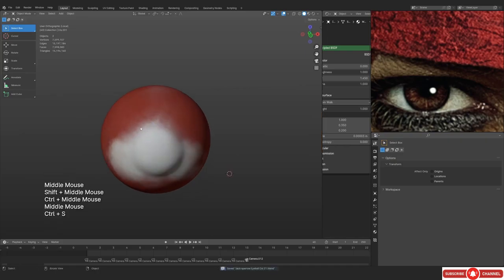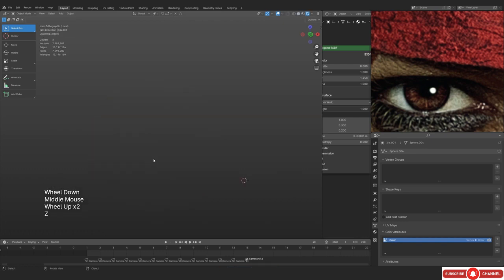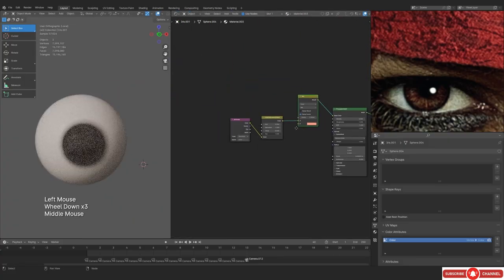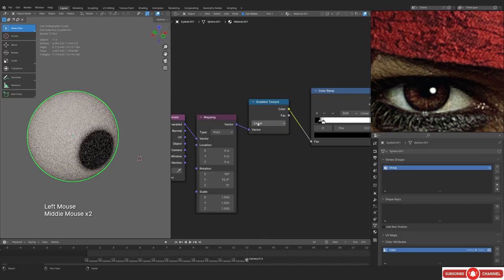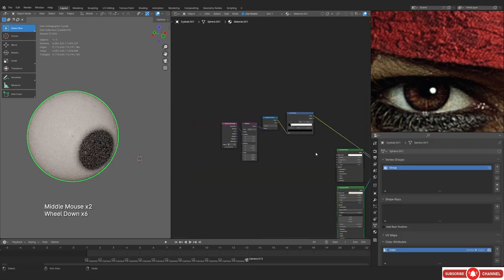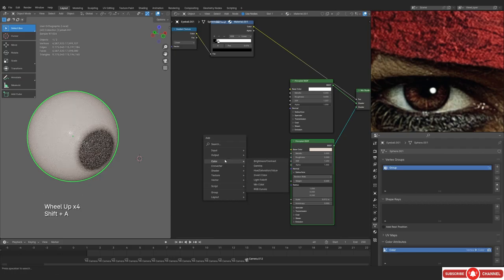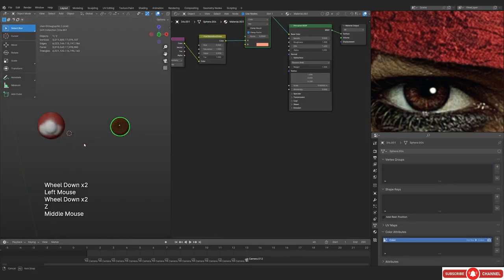I think I am gonna be adding a mirror modifier, if I'm not mistaken. Or maybe I can actually just duplicate the eye, I don't know. Okay, first things first, let's just put the color attribute node on the shader, so that we can actually see what we are painting. So it's pretty simple. It's just gonna go into the base color. You don't even have to change anything. So let's just add the color attribute, and let's just put it over here, and this is what we have.